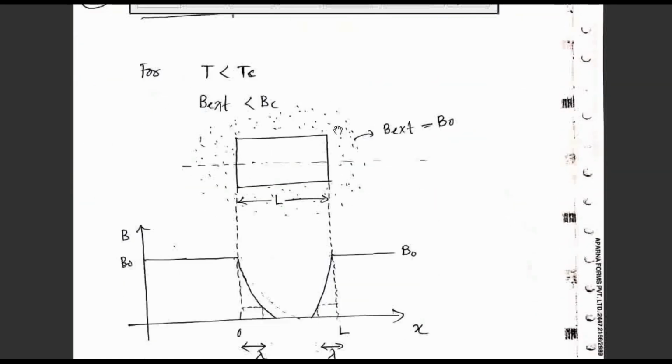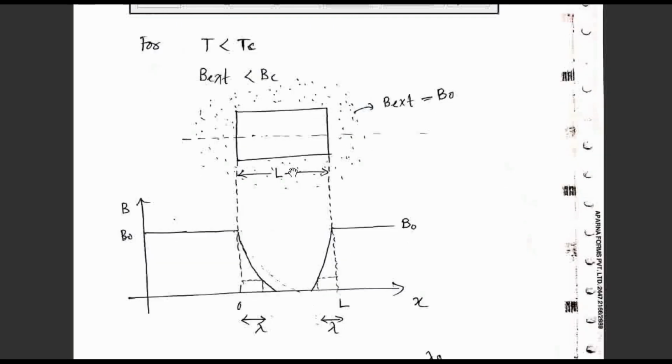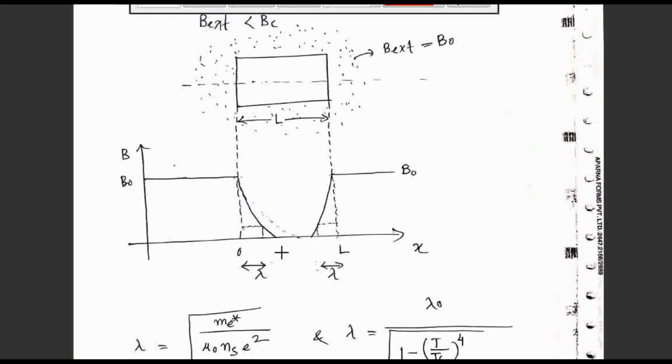Let's suppose this is a cubical specimen of some material, say YBCO, any material. If you place this material in an external magnetic field, let's suppose the dotted surrounding space is a magnetic field directed into the page, and this is a cubical box or specimen. So what is the London penetration depth? You see, this distance, this is the length.